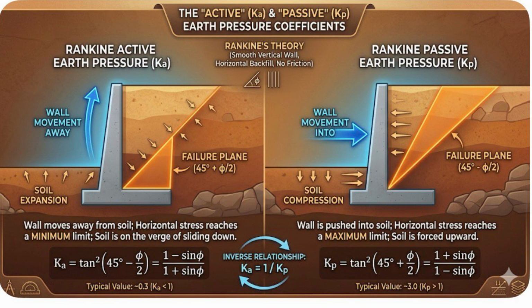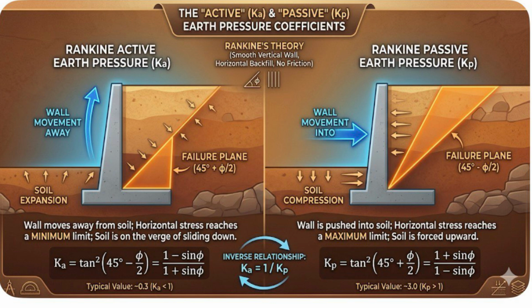First, let's talk about the active state, or Ka. Imagine the retaining wall leaning slightly away from the dirt it's holding back. As the wall moves out, the soil stretches and relaxes, reaching a minimum pressure point just before it shears and slides downward. Because the soil is helping itself stay up through internal friction, the pressure on the wall is relatively